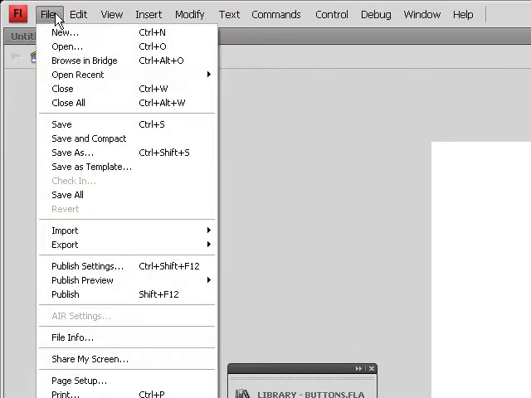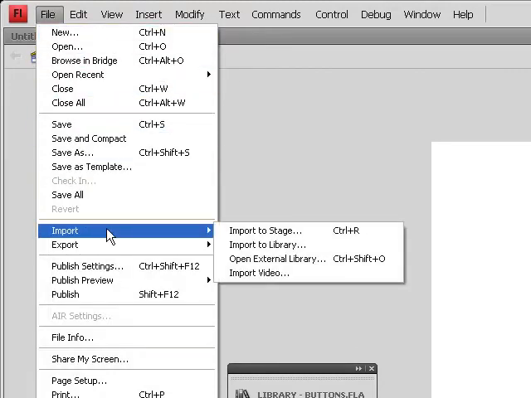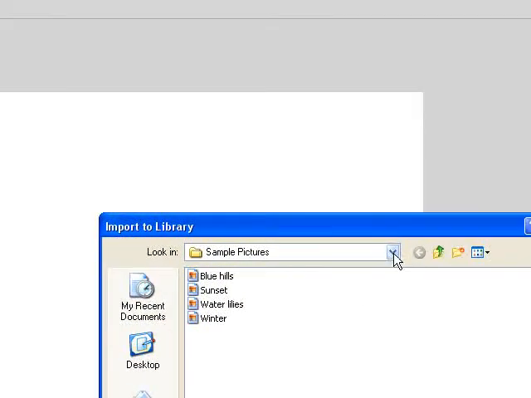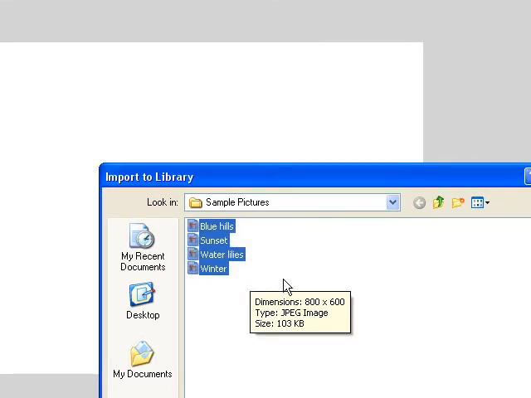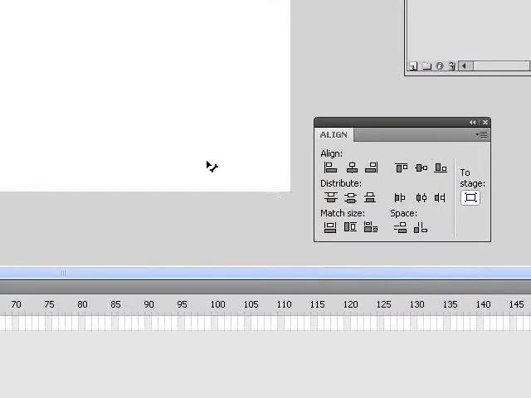Now I'm going to go up to File, Import, and I'm going to import the images that I'm going to use. I'm going to import them to the library. So I'll select Import to Library, and you might browse for your pictures, but I already have mine up. I'm going to go ahead and import all of them, although we're only going to do this with 3 for time. And click Open, and it looked like nothing happened, but what happened actually is it imported your images into